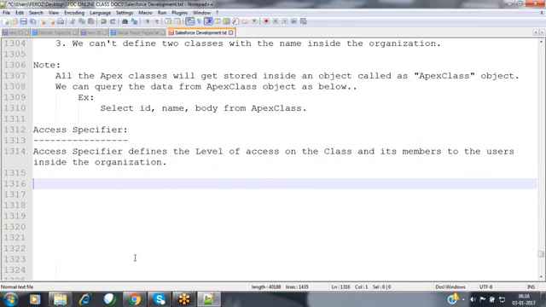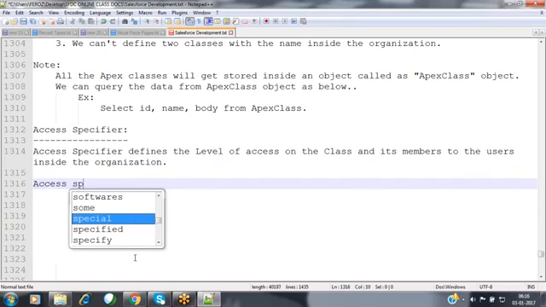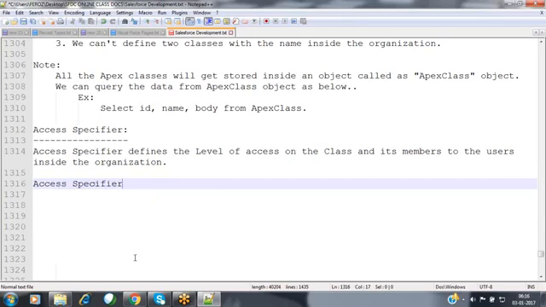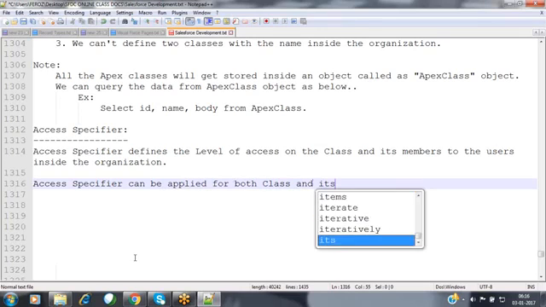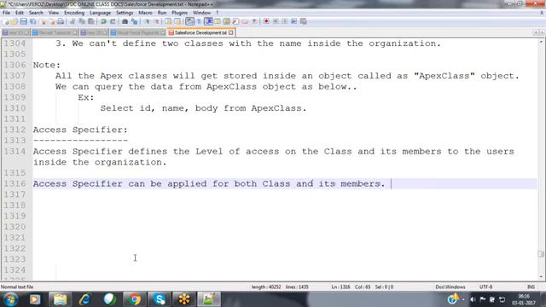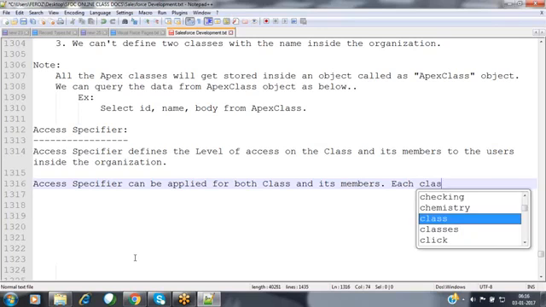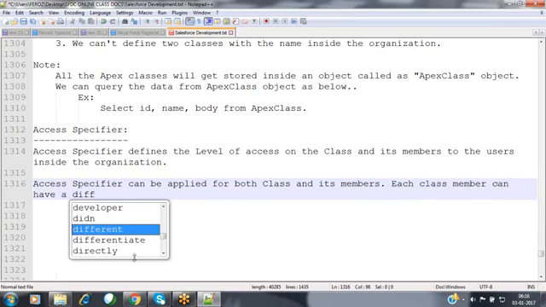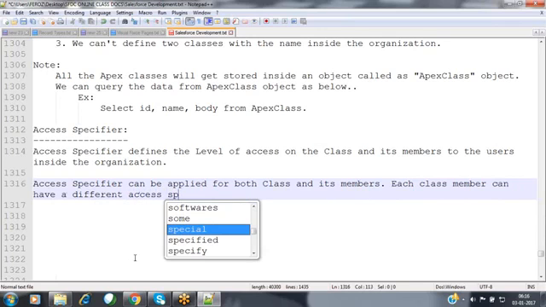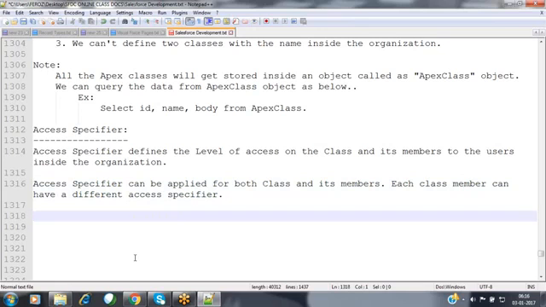An access specifier can be applied to both the class and its members. Each class member can have a different access specifier.